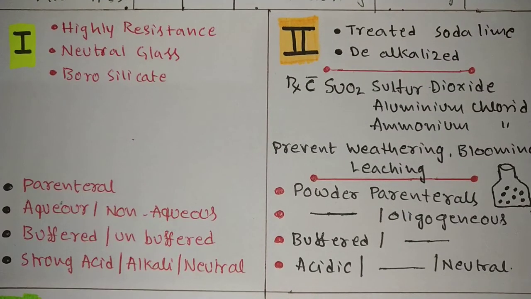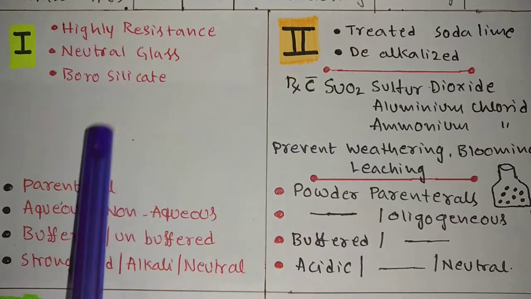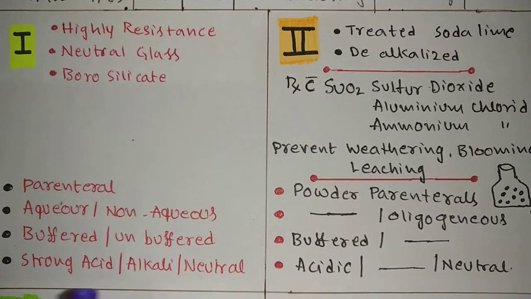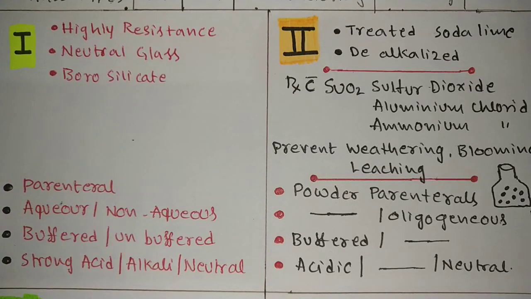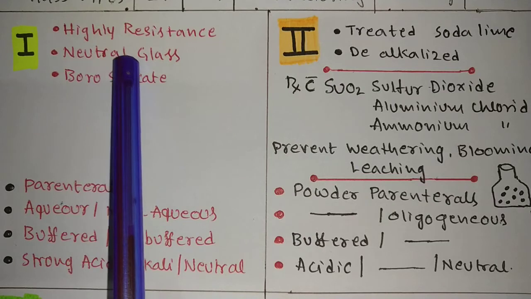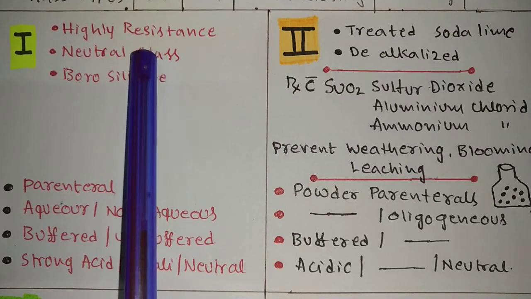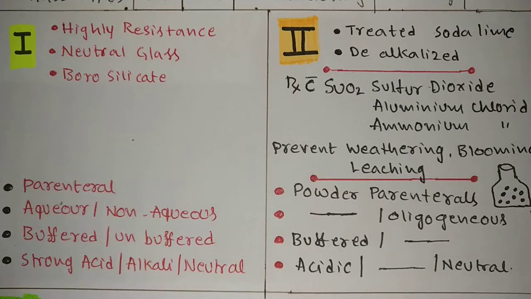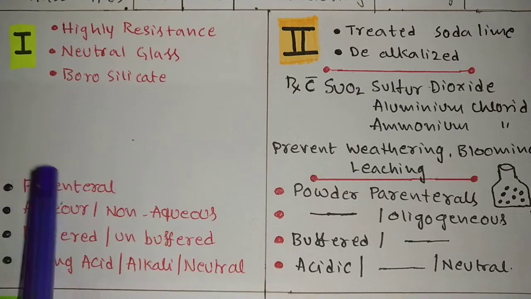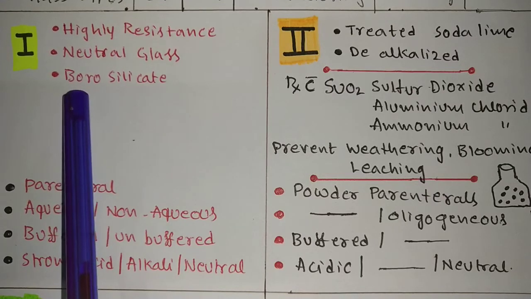See here, I have compared type 1 and type 2 side by side, so that you can remember them easily by comparing. Type 1 is a highly preferable glass. It is very good when compared to type 2, type 3, type 4, and this is called a highly resistant glass. In the last video I have already told you the problem of leachability. Here you cannot find any leachability for the type 1 glass, because we are using boron.